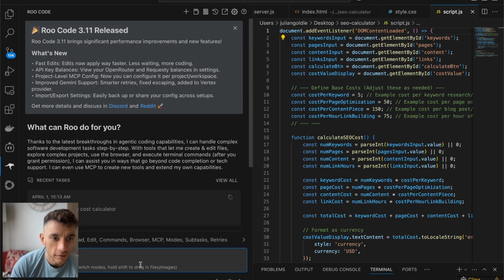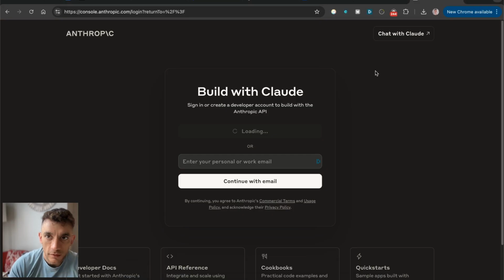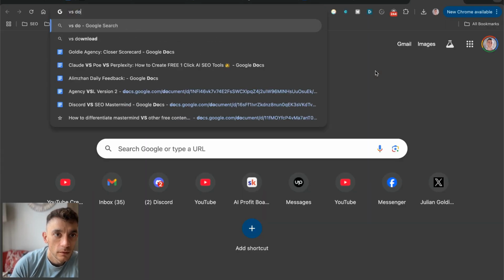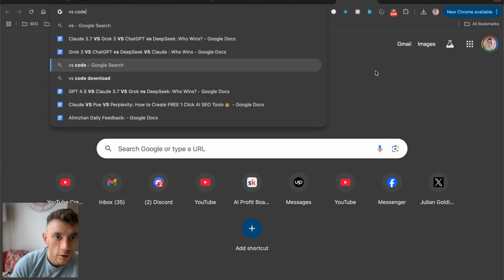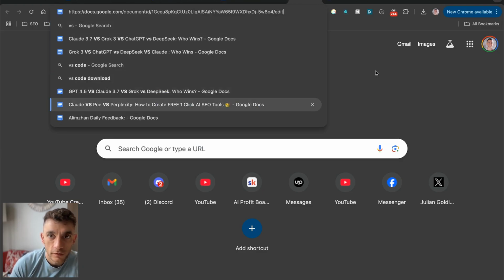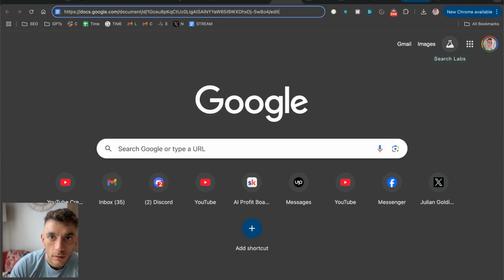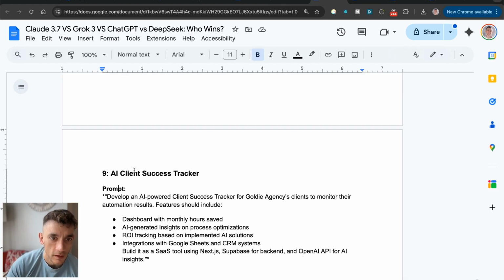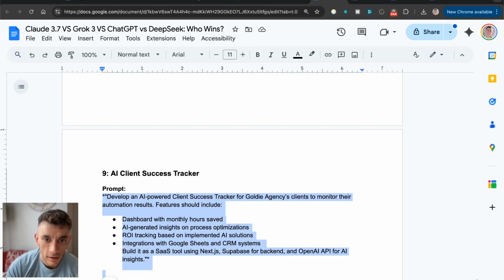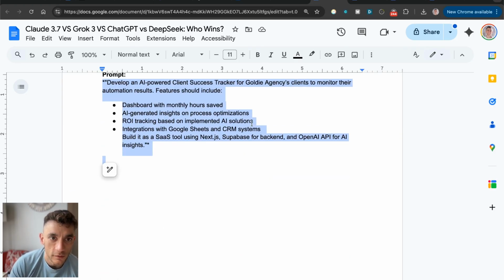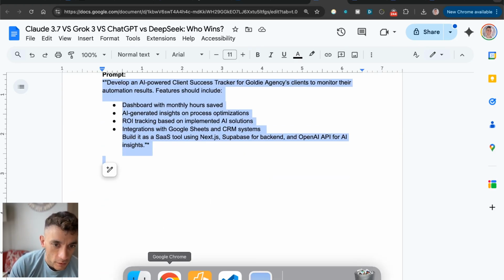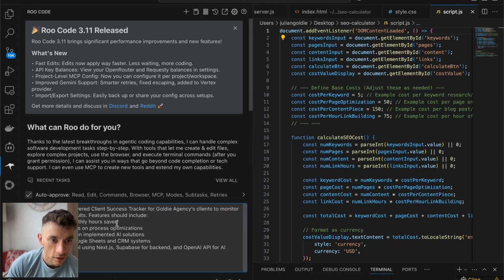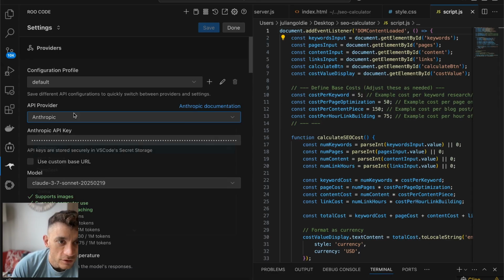Okay, let's start a new task here. And what I'm going to do is I'm going to take some of my previous prompts from other tests. We'll grab some of these and just use it. So I'm going to say, okay, develop an AI-powered client success tracker for Goldie Agency's clients to monitor their automation results. All right. Then we're going to go back to Visual Studio Code and we shall select Google Gemini inside